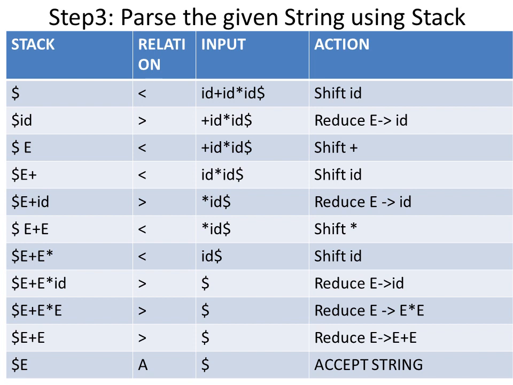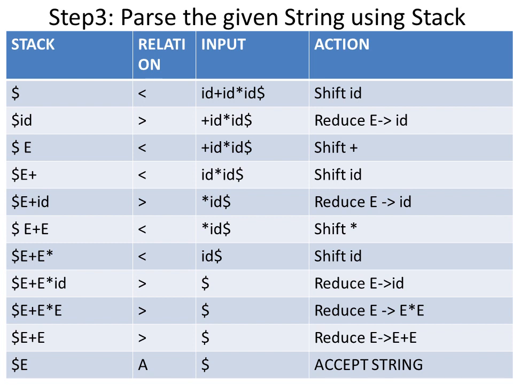Star. After shifting, the stack will be having $ E + E *. Now the input string is ID $. Now the last symbol of the stack, star, is compared with the first symbol of the input string, ID. When star is compared with ID, if you see the previous relation table, it has lower precedence, so the less than symbol is used. What is the action to be performed next? Shift ID. Now we need to shift ID to the stack